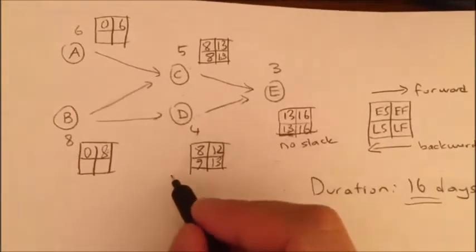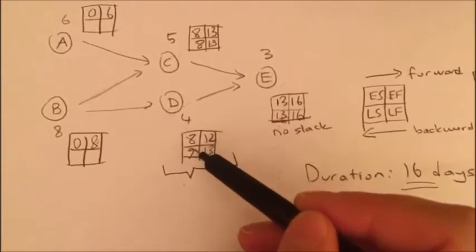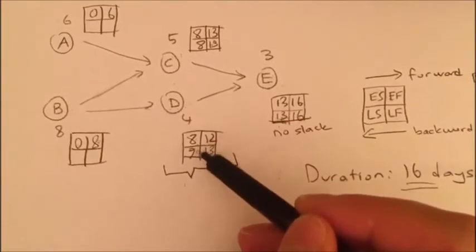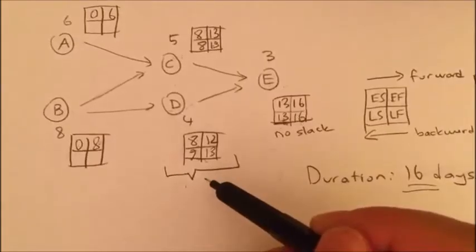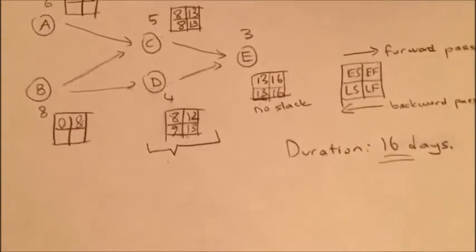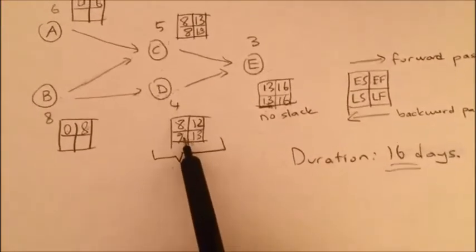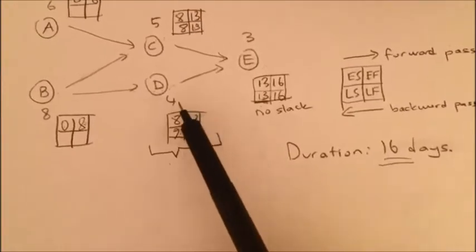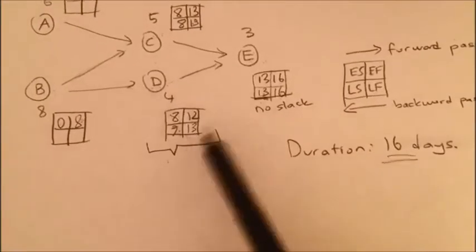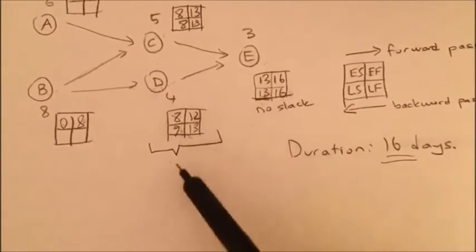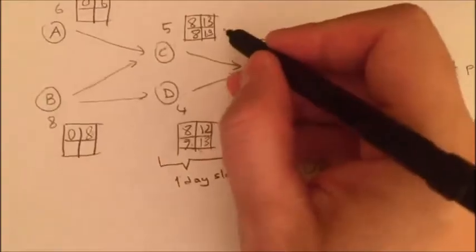So the difference here is, as you can realize, the early start is day 8, but the late start is day 9. So I can delay this activity for 1 day and it won't cause any trouble. Maybe I could organize my resources better, or delay my payment, so I may be able to delay this 1 day. The only problem is if something happens and the activity duration gets longer than 4 days, then you may delay the project. So anyhow, there is one day of slack here